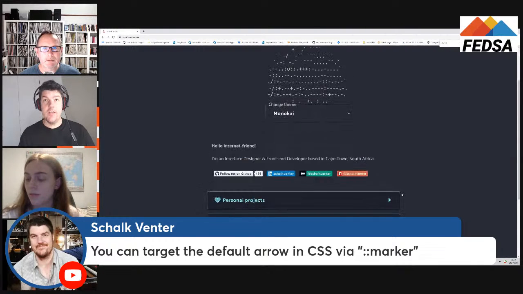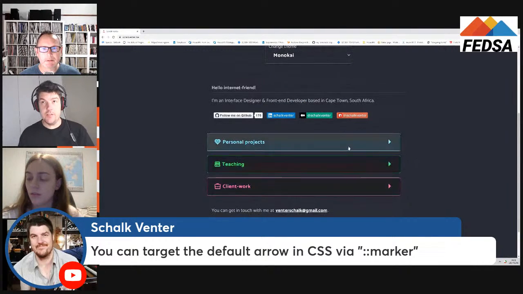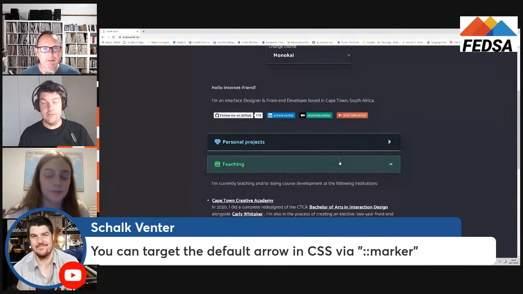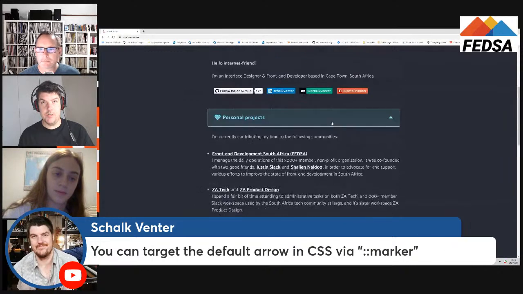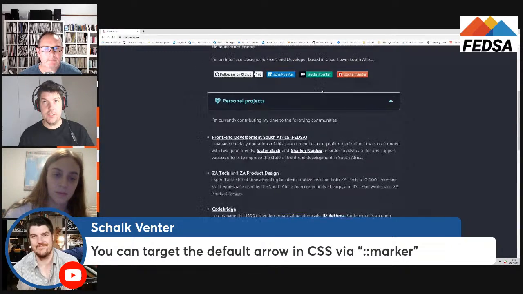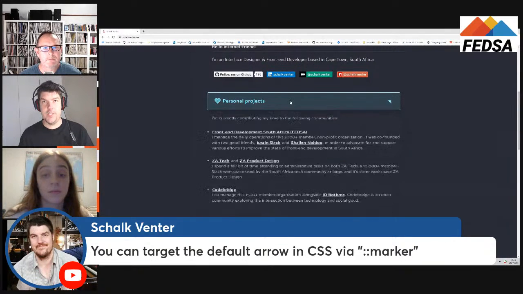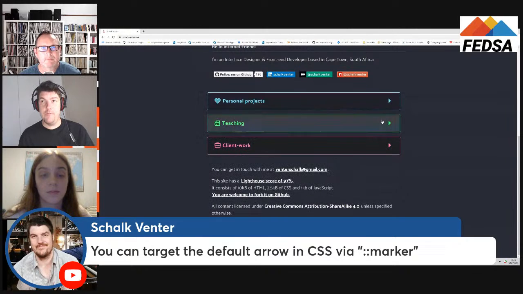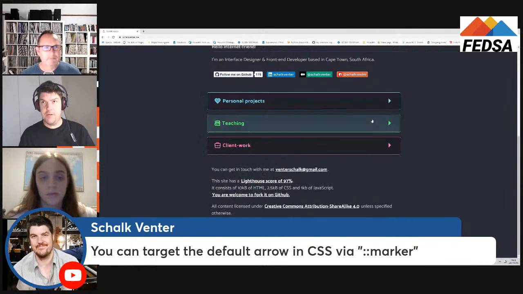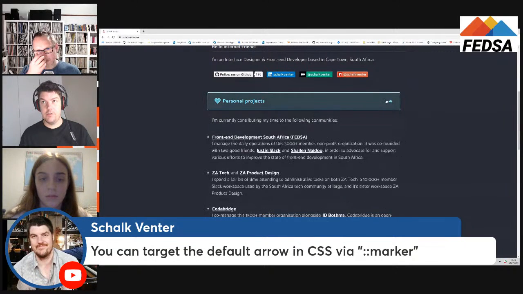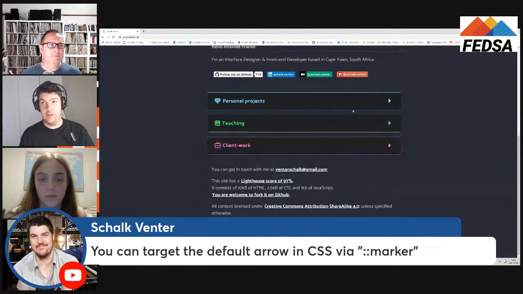Yeah. Okay. So I just have these. These are effectively summary and details. So similar to what you did, Justin, I just have a transition with the transform and scale Y. So the scale just gets adjusted. And then I removed the marker over here. And then I just used an after pseudo element to do that. And also just a transform on the pseudo element to do that little